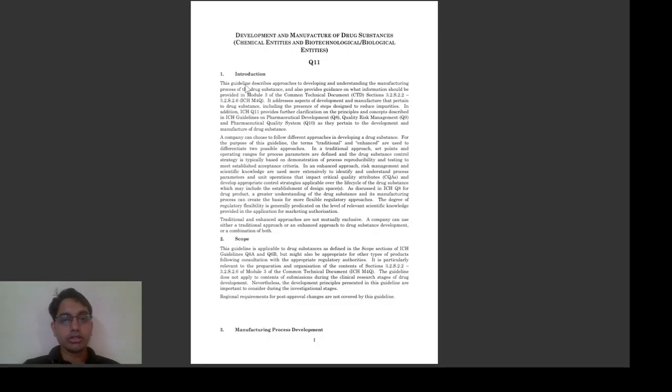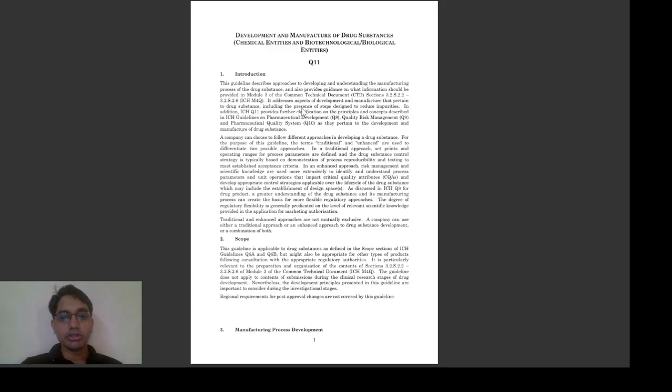Q11 Introduction. This guideline describes approaches to developing and understanding the manufacturing process of drug substance. It also provides guidance on what information should be provided in Module 3 of the Common Technical Document, that is the CTD. It addresses aspects of development and manufacturing that pertain to drug substance, including the presence of steps designed